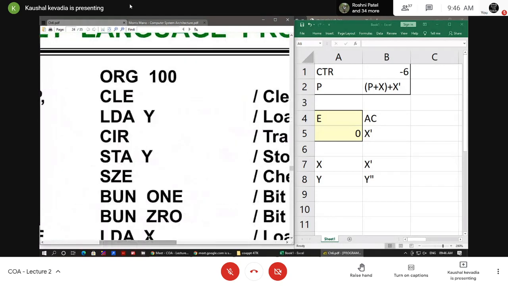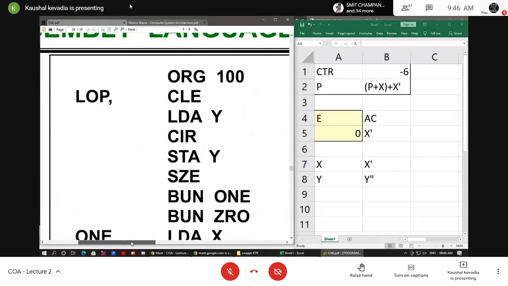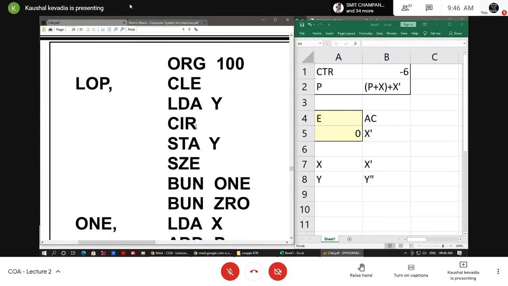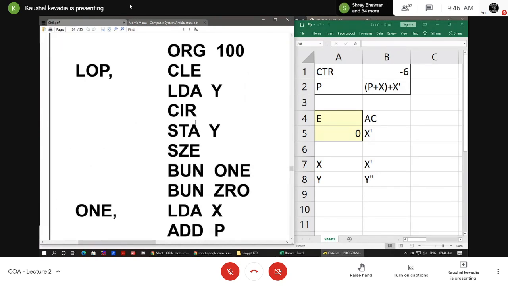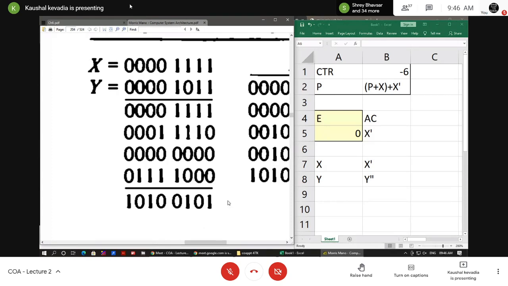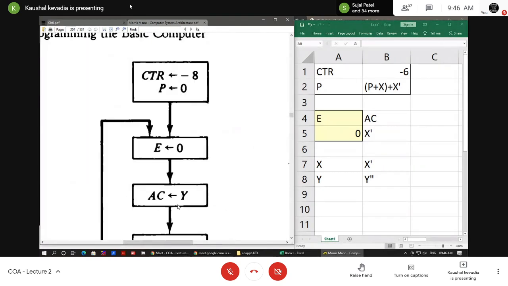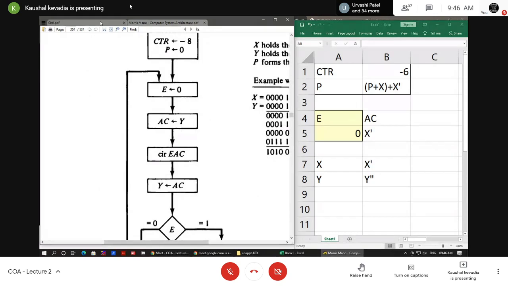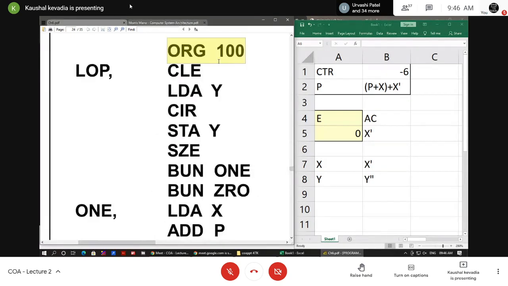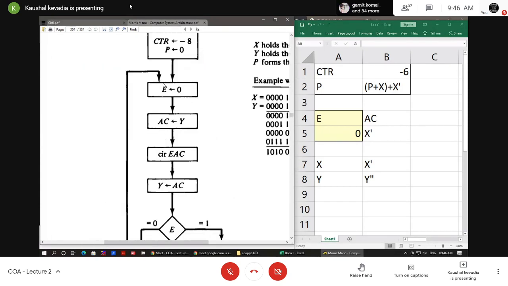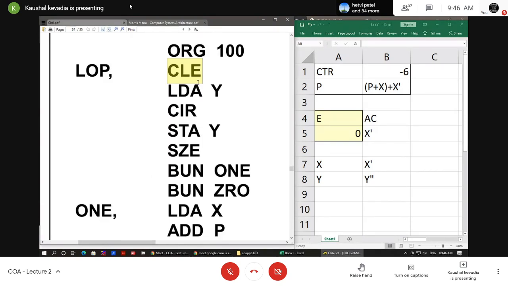ओके, getting? And based on this flow chart, this is the program. So try to evaluate the same program, that is already we have done it. Okay, इसके अंदर जो लूप का जो फंक्शन था सिर्फ वही यूज हुआ है, नथिंग मोर देन दैट वी आर यूजिंग इन दिस प्रोग्राम. इफ वी that I want to show you, suppose initially let us say that ORG 100 is there, then LOP is there, so it is my loop function. First of all, clear the E register, so here it is mentioning that E is set to 0, so that's why here we are taking that CLE.